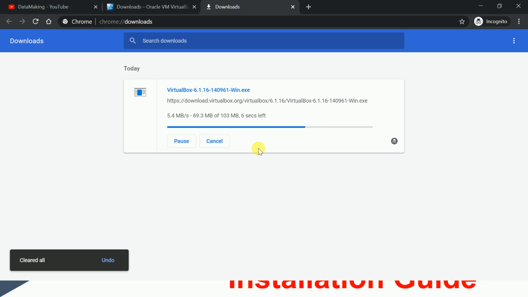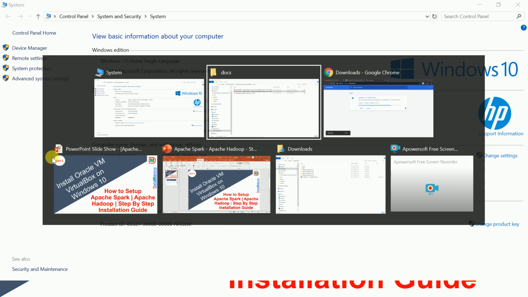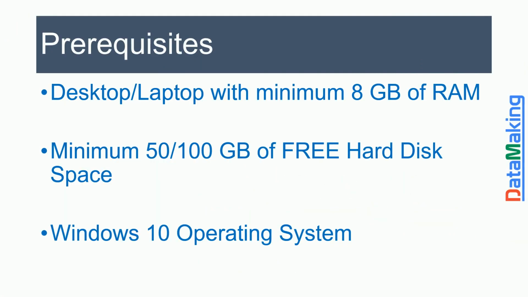Before this gets downloaded, I will show you my system configuration. The prerequisite is that you should have a desktop or laptop with a minimum of 8 GB of RAM, so that you will not face a performance issue when you start running the components, and due to less memory the components may go down.